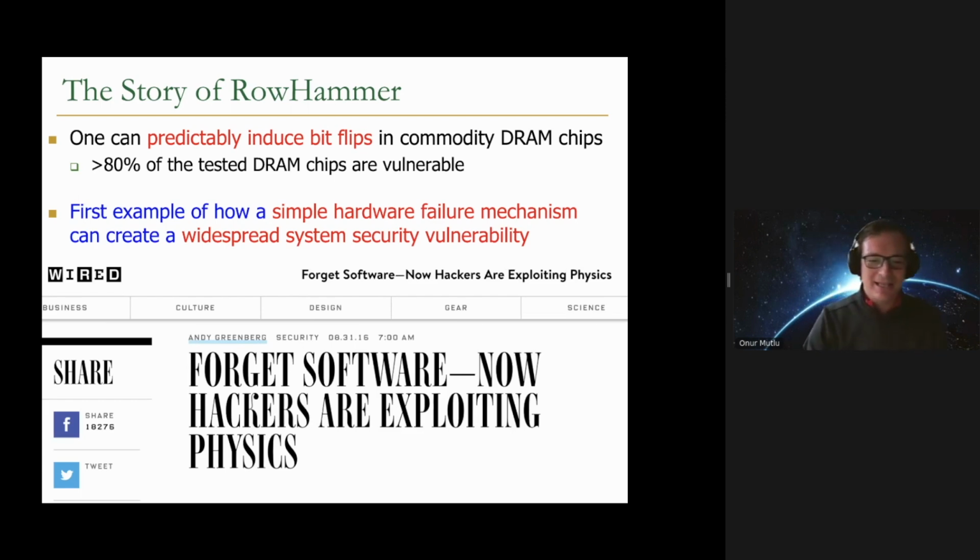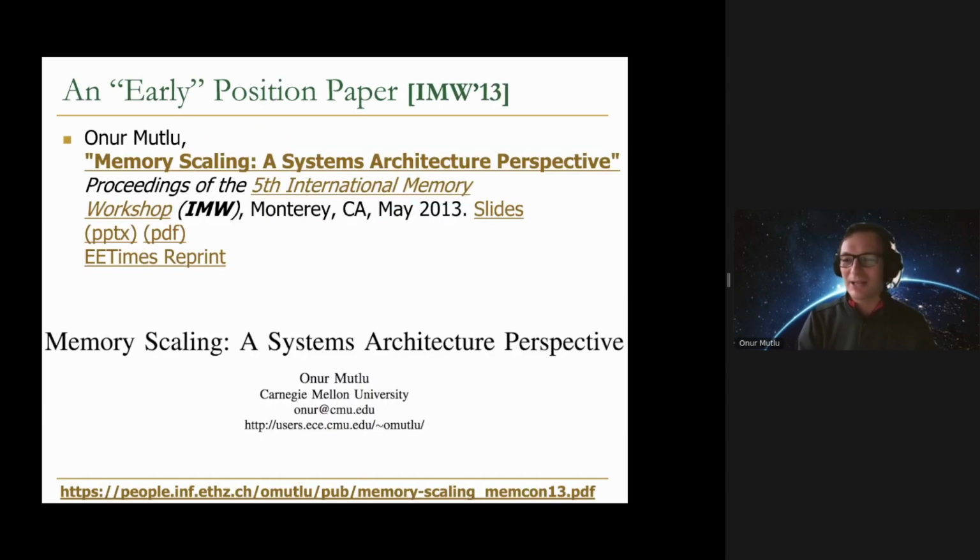And it's interesting because a lot of folks who think about software are now saying, forget software. Now hackers are exploiting physics. And I think at a high level, this is a nice characterization of what Rowhammer is about. So I'm going to tell you a story. I'm not going to directly jump into Rowhammer, but I'm going to describe how it happened and where it's going into the future. So when we first started looking into reliability issues in main memory, I was asked to